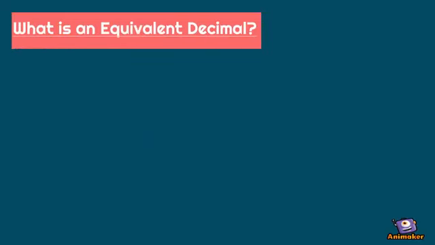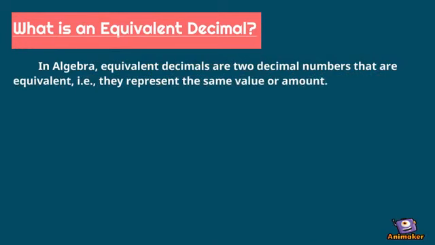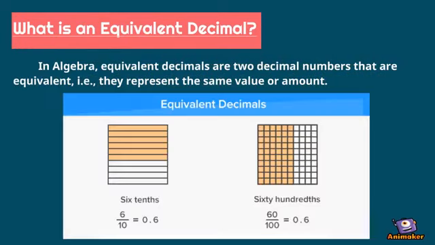What is an equivalent decimal? In algebra, equivalent decimals are two decimal numbers that are equivalent, that is, they represent the same value or amount. Facts: